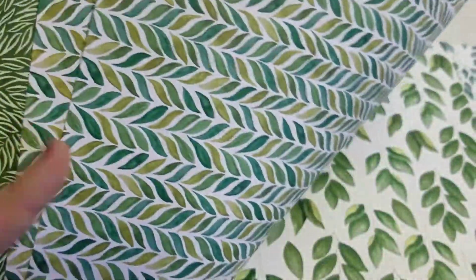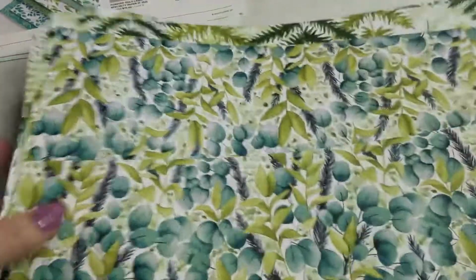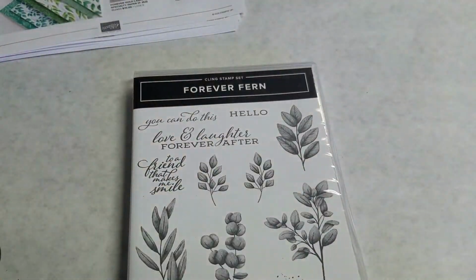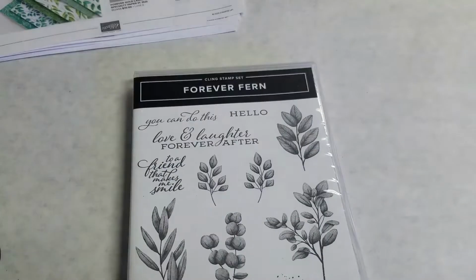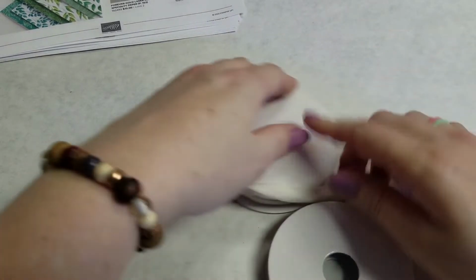Again, it's the quality. You just can't beat this quality. And these colors just blow me away. You can use this set for just about anything. Isn't that gorgeous? I love them. So, oh, I think I missed that one too. I've been using that paper too. Okay. Another thing to show you with this suite, here is the Forever